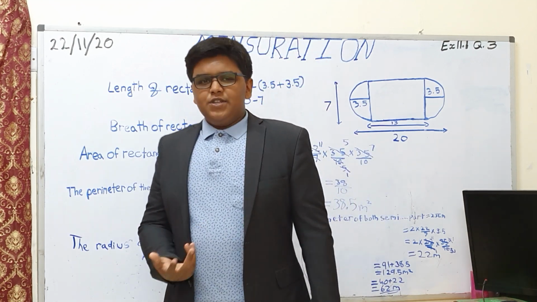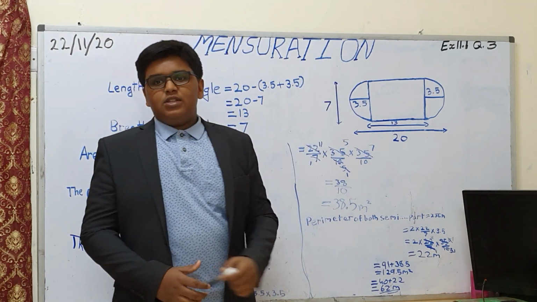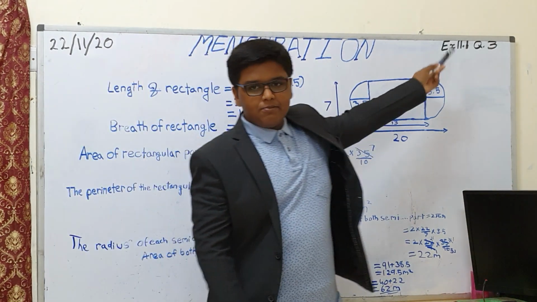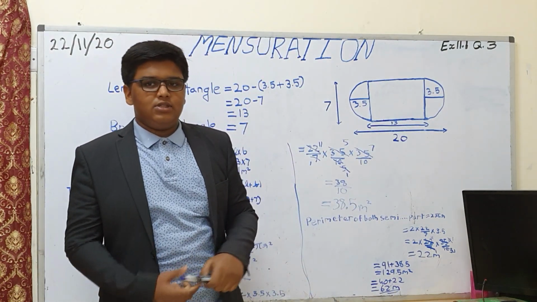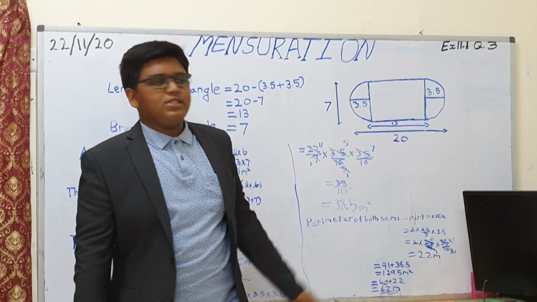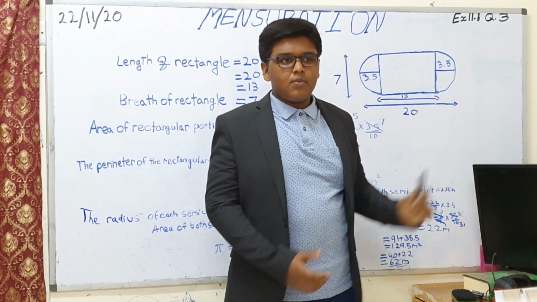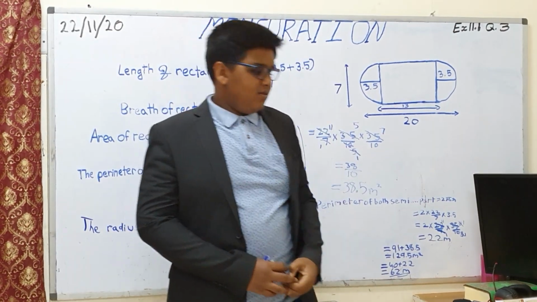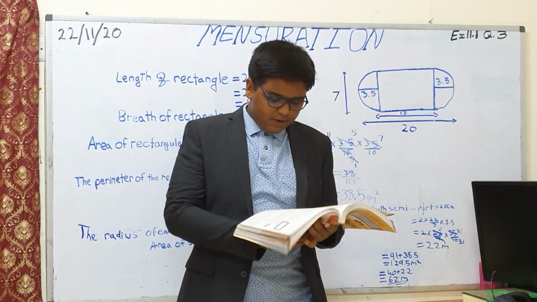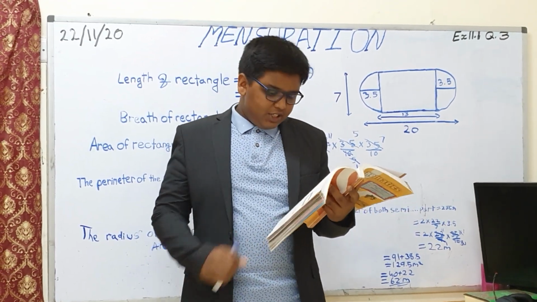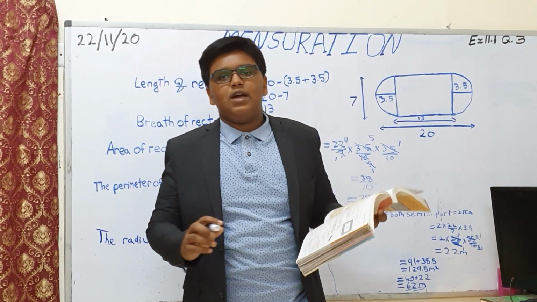In my previous video, we discussed the chapter Mensuration, exercise 11.1, question number 2. And today we are going to discuss the same chapter, exercise 11.1, question number 3. Now let's begin. In this question, we are asked: the shape of a garden is rectangular in the middle and two